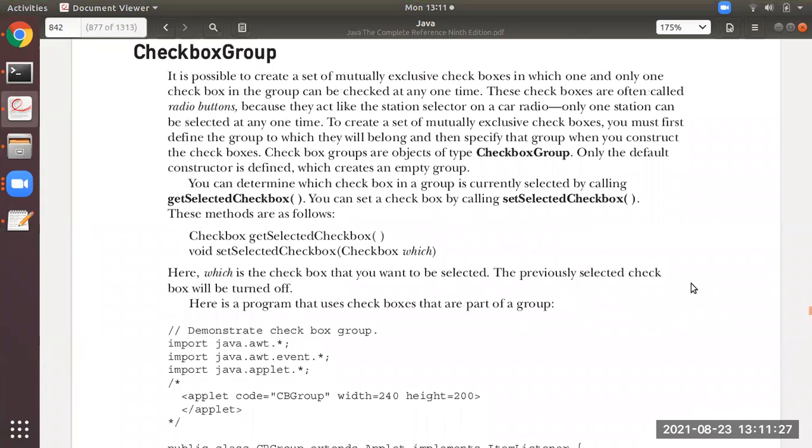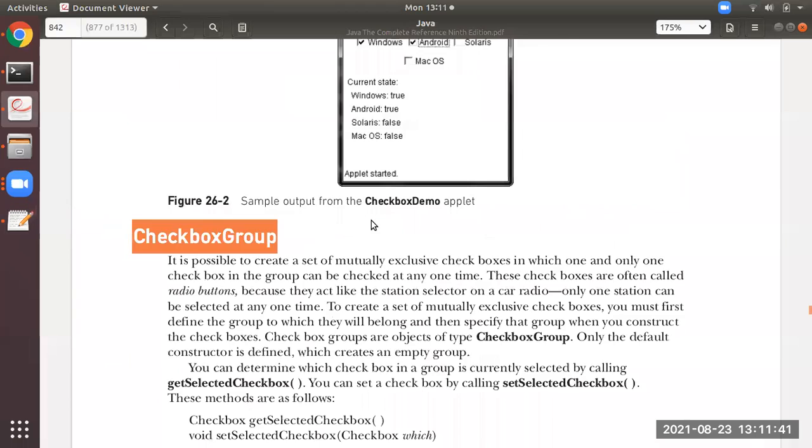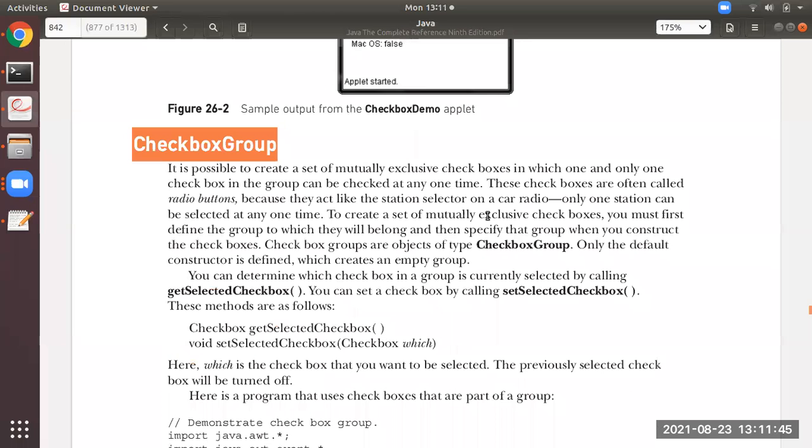As I just started in the previous class, checkbox group. Again, I want to say, what is checkbox group? They are nothing but the radio buttons. Like what you have seen for the checkboxes, you can select all of them, but in checkbox group you can select only one.